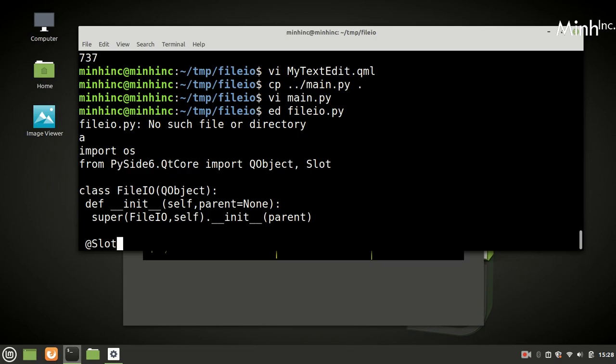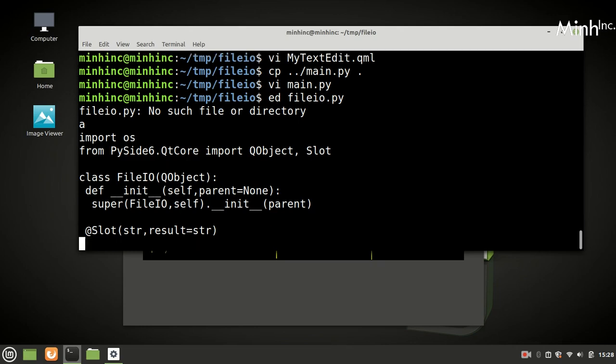So read would take a string and the result is a string. Okay, so this is the read idea. Another, it can be overloaded where we do not pass the file name, but I don't think we need it.